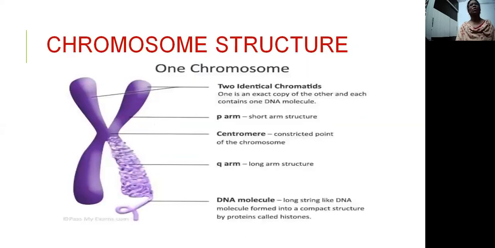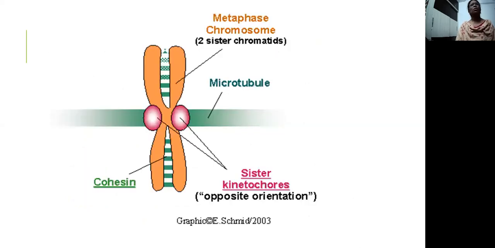This is the chromosome structure. It shows the centromere, short P arm and long Q arm. And there are two identical chromatids. One is an exact copy of the other and each contains one DNA molecule. So the lower part shows the DNA molecule, a long string-like DNA molecule formed into a compact structure by proteins called histones. So this is the metaphase chromosome, which shows the structure very prominently. It shows the exact structure and explains best the structure of a chromosome